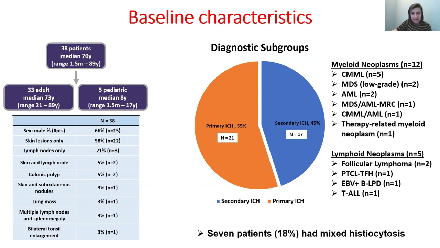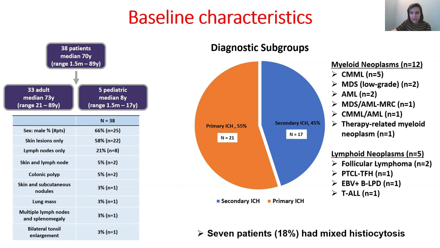21 patients had primary indeterminate dendritic cell histiocytosis, which means there was no additional hematopoietic malignancy other than histiocytosis in these patients. And 17 patients, which is about 45% of our cohort, had a secondary IDCH, which means they were associated with other hematopoietic malignancies. Most commonly, it was CMML, chronic myelomonocytic leukemia, AML, MDS-AML, and there were 5 patients associated with